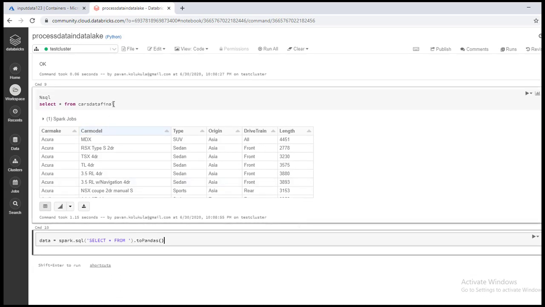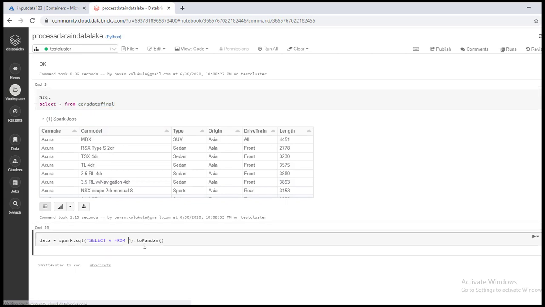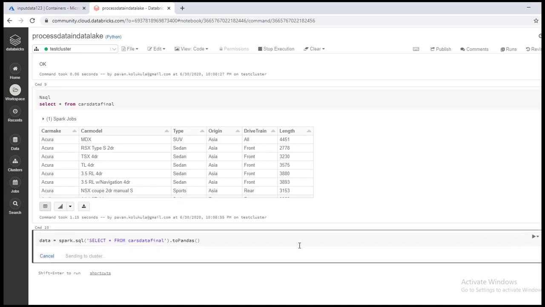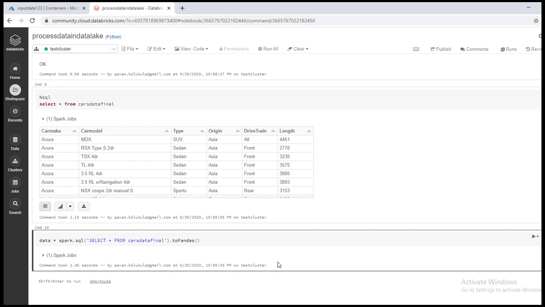In this command, we are writing this equal to a pandas data frame and storing it in a variable which is data. We have named this variable as data. Now click on run. This is done.